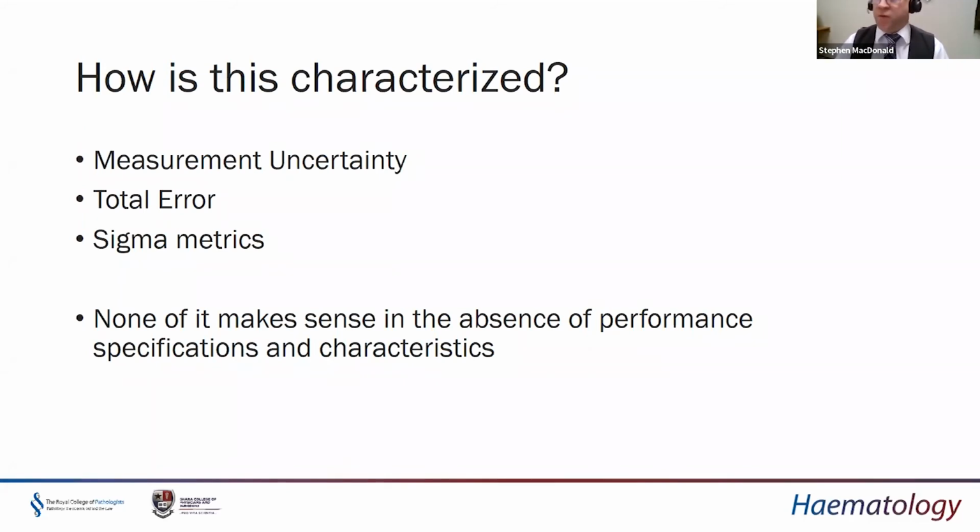It's a good estimate of the true result, and there's a degree of probability that the true result will be something around that sort of range. I think measurement uncertainty is an excellent way of characterizing error that is contained within results. It is one that is certainly used throughout Europe, and certainly those countries that are governed by ISO 15189 accreditation